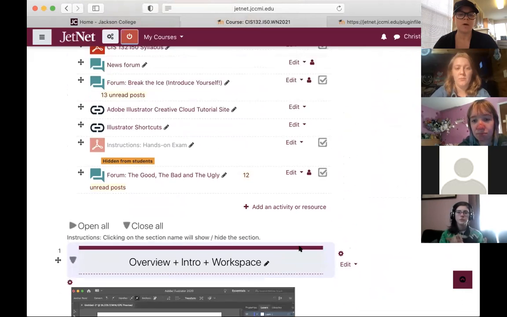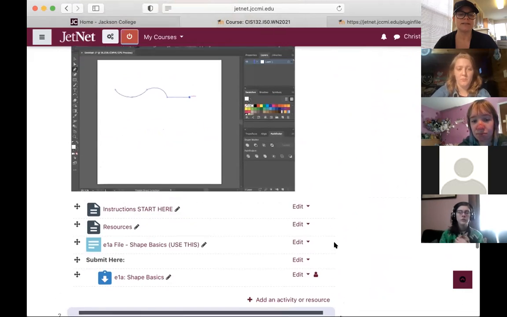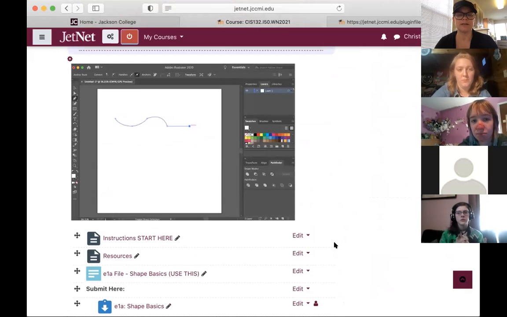Other than the forum for Unit 1 this week, we are going to focus on the workspace in Adobe Illustrator. Illustrator is very similar to some of the other Adobe programs, but it's a little bit more sensitive. I struggled a lot to understand Illustrator. I could not get into a good rhythm and workflow for a while. So if you feel that way, you're not alone. Once I got into a good workflow, I fell in love with it, and it's my favorite Adobe program now. The pen tool can be kind of challenging, as can using the shapes, merging the shapes, creating compound shapes,